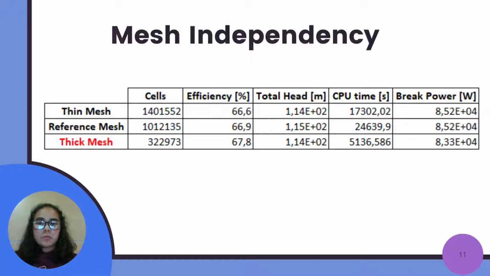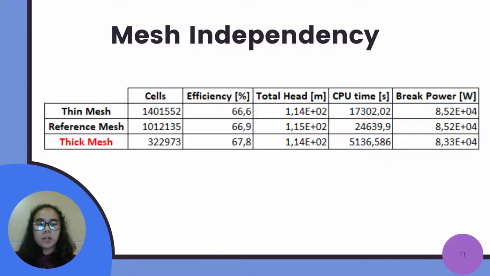In order to select the most efficient mesh, it's necessary to generate three different meshes: a thin one, a reference one, and a thick mesh. It is important to mention that the mass flow rate used for the simulation was the one given by the manufacturer. The first mesh created is the one called the reference mesh, with a base size of 0.02 meters. One of the requirements of this mesh is that the number of cells must be around 1 million, plus or minus 10%. Now for the results, we have an efficiency of